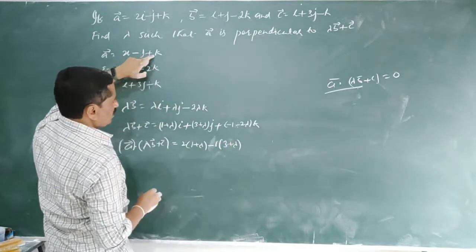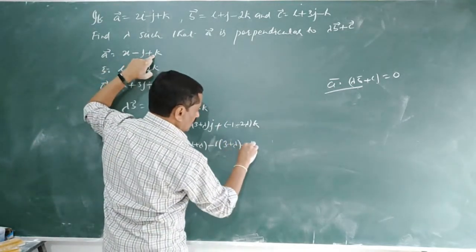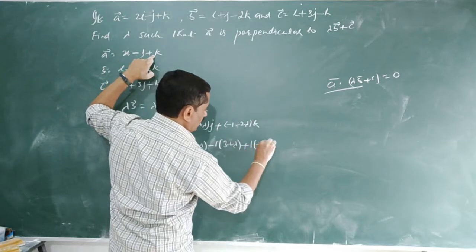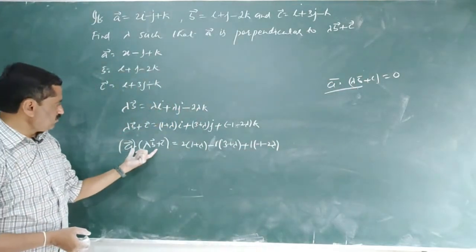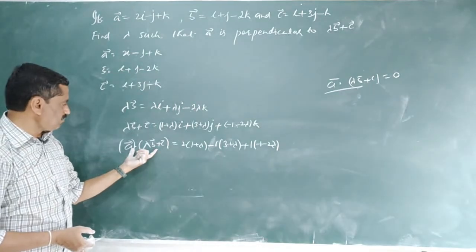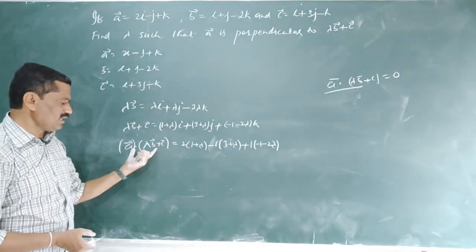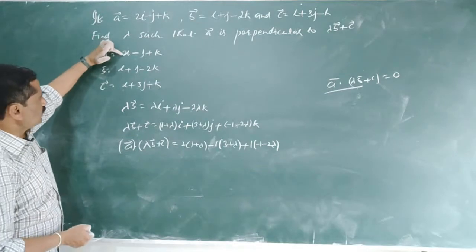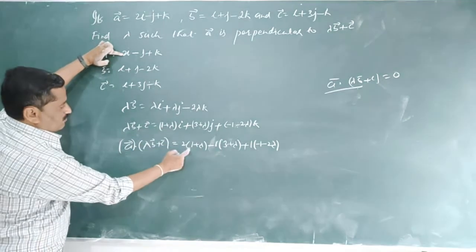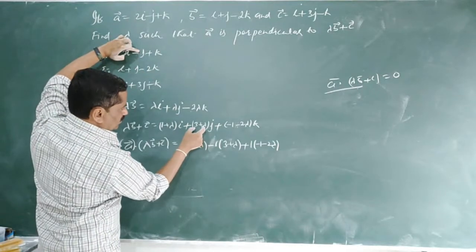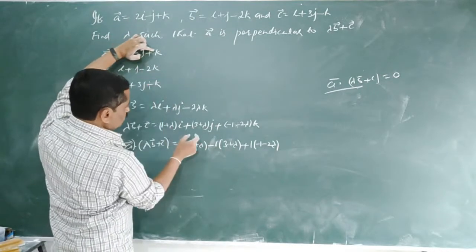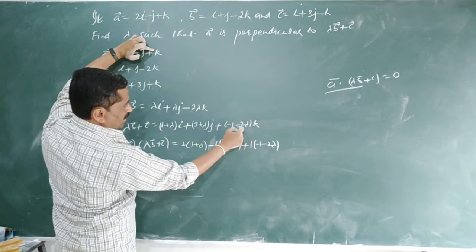Again we have 1 into this, so there is 1 of minus 1 minus 2 lambda. Again children, dot product of this, multiplying and adding the corresponding components, that is 2 into this term 2 of 1 plus lambda, minus 1 into this, that is 3 plus lambda, again 1 into, so minus 1 minus 2